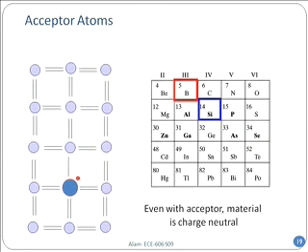You can do the same thing for boron, which is an acceptor atom. Again, remember, this is charge neutral. It has one less electron, one less proton, charge neutral. And again, you can think about the same calculation, one less electron, and you can think about that as there's a hole which is moving around like this. So the extra electron will be like the core of this, and the hole will go around it. Same calculation, I will not go through it.